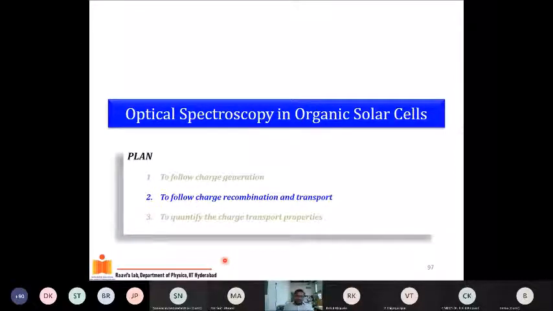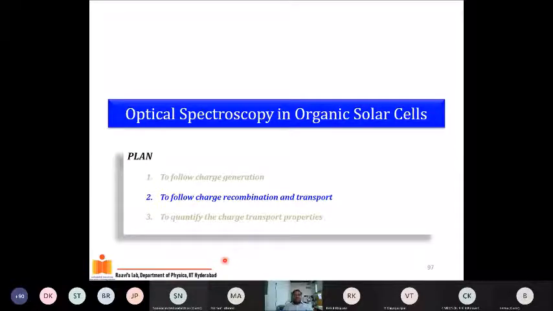Had we not done the pump probe measurement, we would not have come with the idea that electron injection is possible, and so we would not have made the device. So this is coming from the characterization to the device. In earlier cases, I showed you have good device and you do the characterization to explain why the device is working. Okay, so now I just finish my talk with a couple of slides on what are the ways to follow the charge recombination transport.